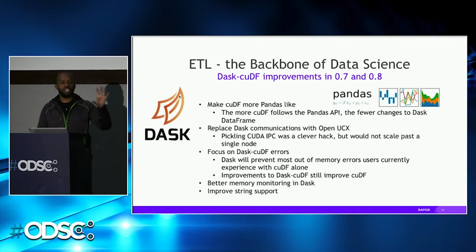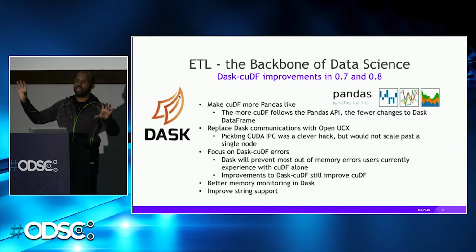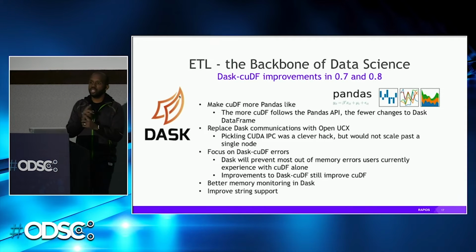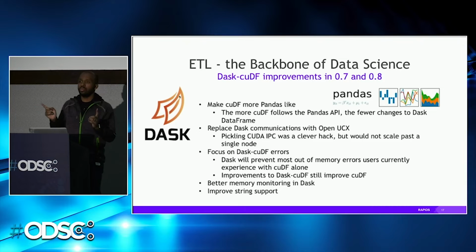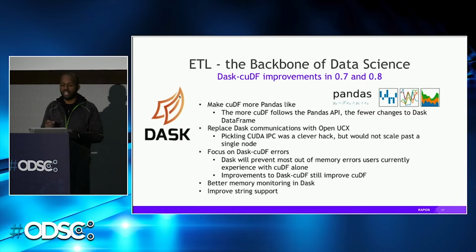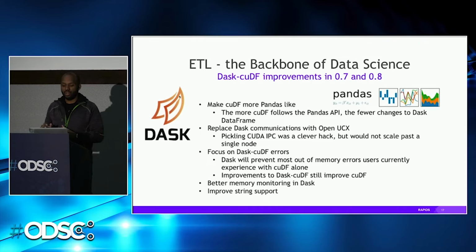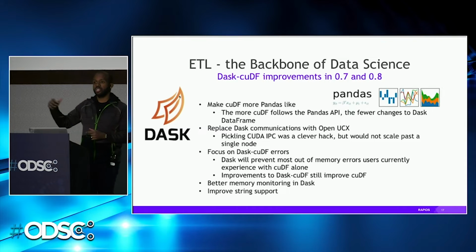I want to be able to go from a GPU in this machine to a GPU in another machine and to shuffle data around. And now I can do this at 100 gigabits per second with GPU direct memory access. And we can also use things like NVSwitch and NVLink to do this intranode as well. And so we're already seeing about a 20x performance increase versus using Pickle to going to something like UCX with